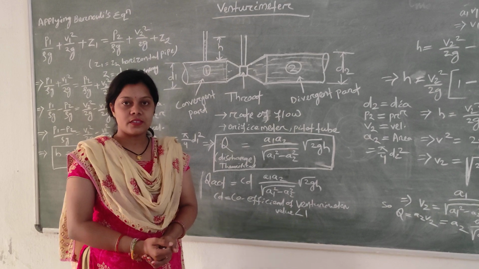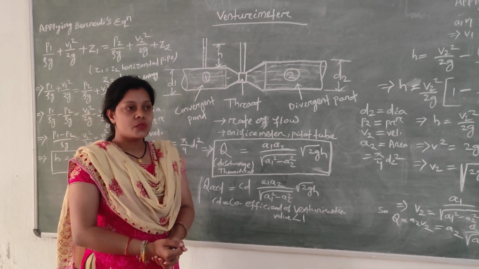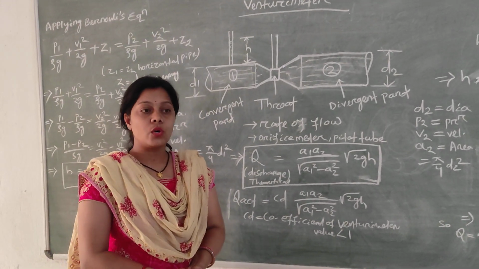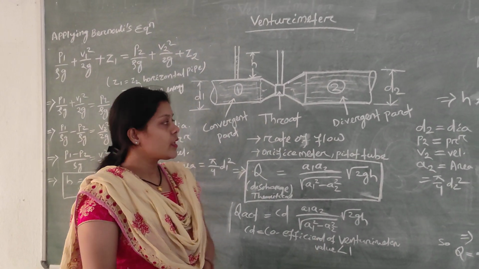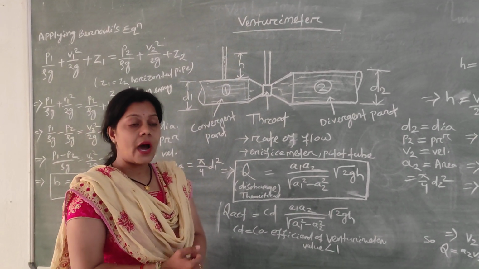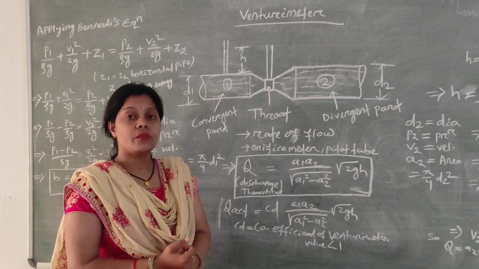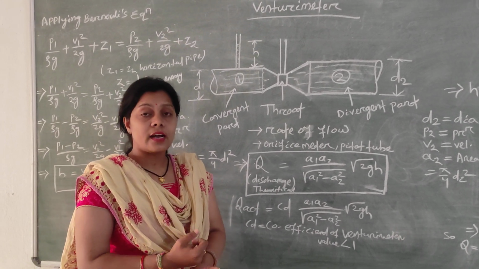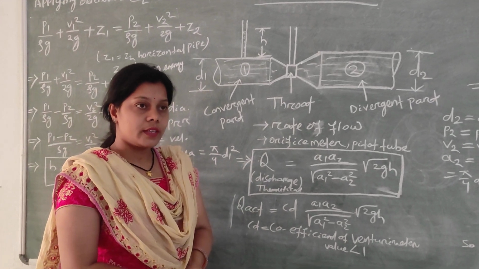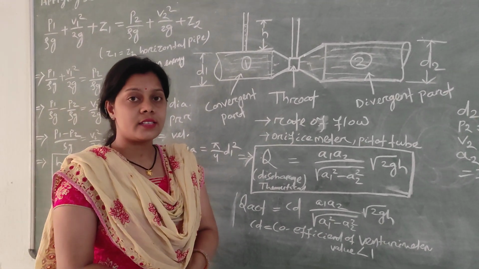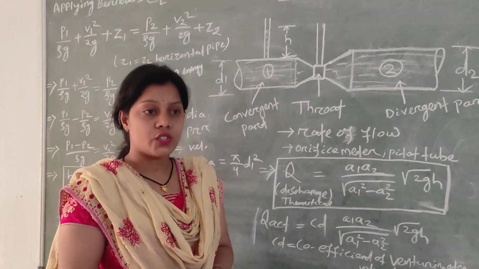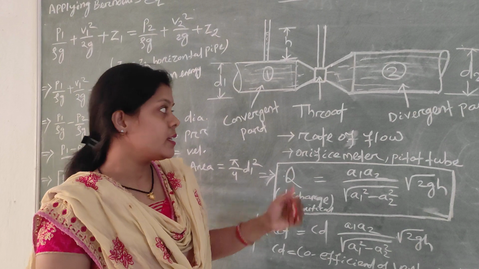So in third semester, that is FMHM lab. In FMHM lab there is a lab topic, flow through venturimeter test. In this topic I have to discuss how the flow through venturimeter can be measured, or how the discharge can be measured. The discharge can be measured in two ways: one is theoretical and one is practical. We have discussed here how you can measure the flow through venturimeter both practically and theoretically.